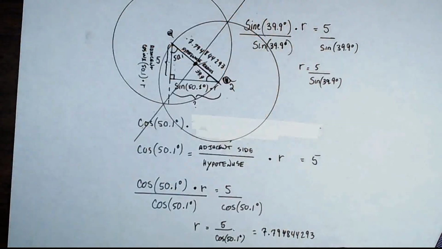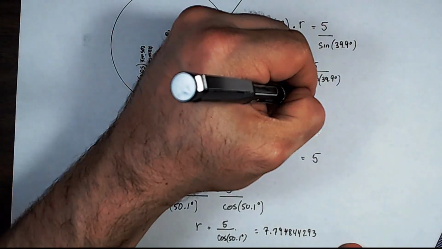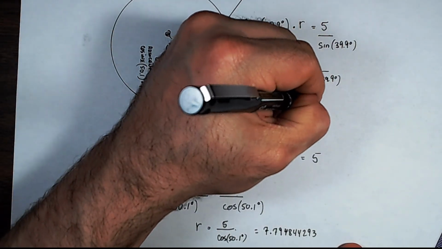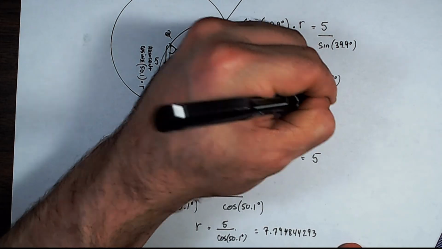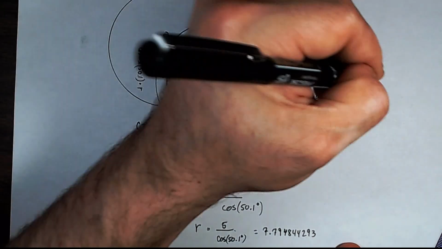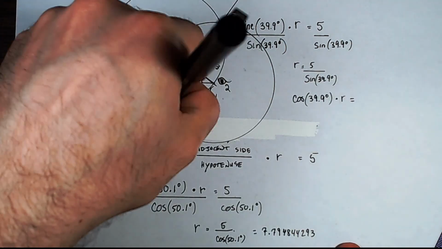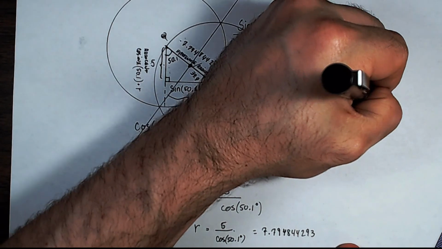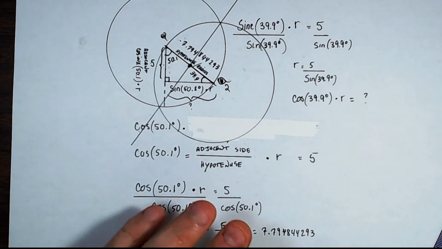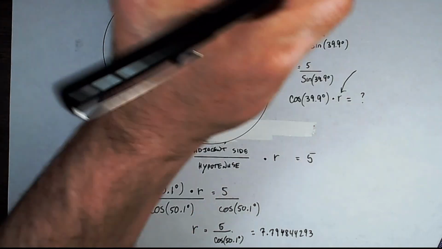So using the adjacent side formula, I'm going to use cosine. Cosine of 39.9 degrees times r equals that side length that I don't have, equals unknown. But I have r now, so I can compute it. R is equal to